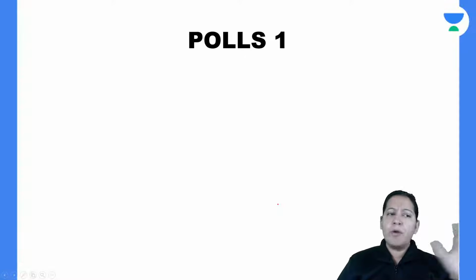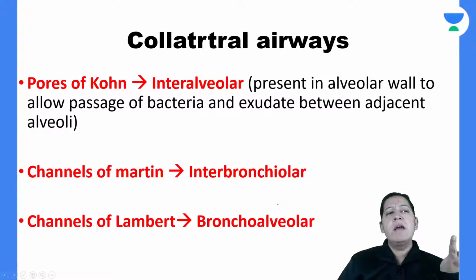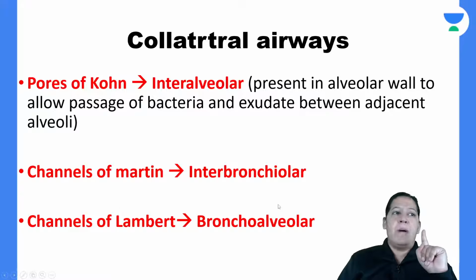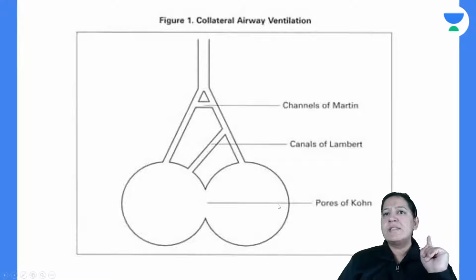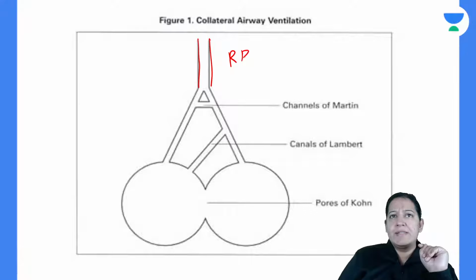So I'm not launching the MCQs based on the anatomy and physiology. It's very easy. The last thing is the collateral pathway. Can you understand this diagram? What is it? It is a respiratory bronchiole. This is a respiratory bronchiole, you can see,